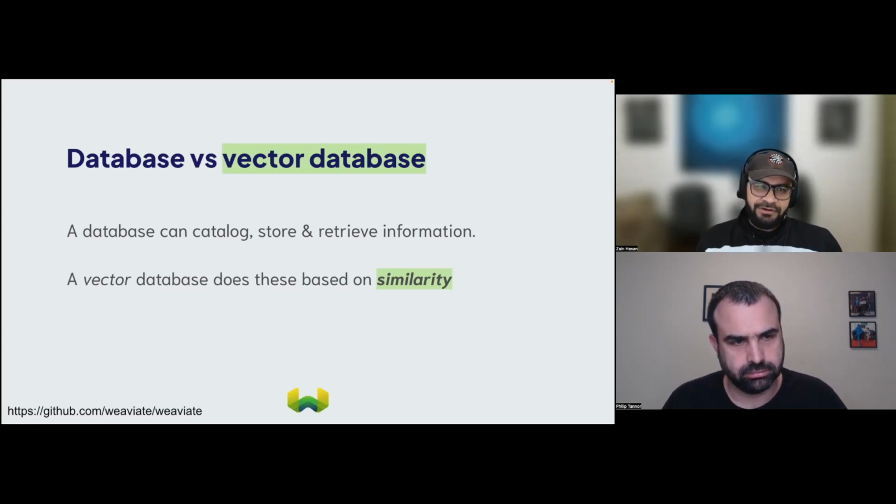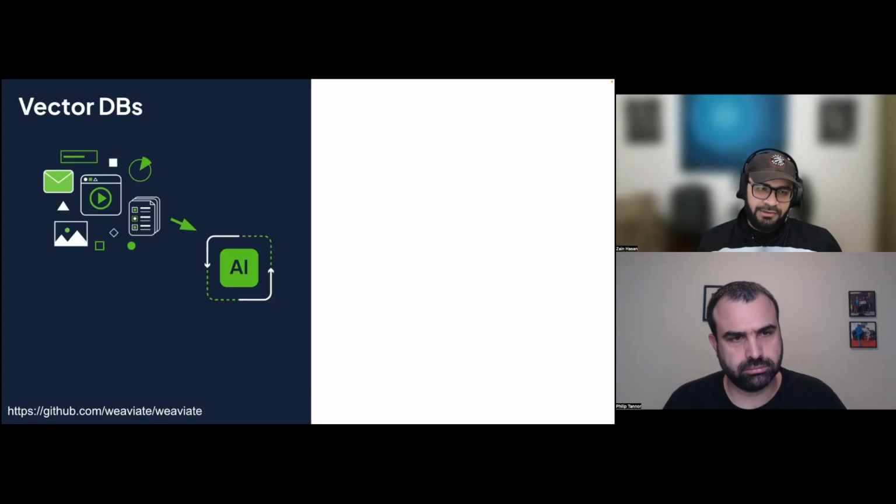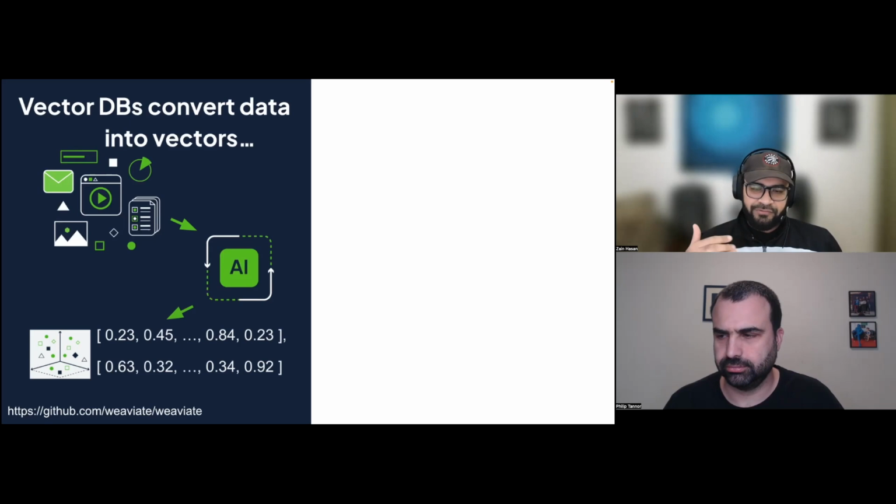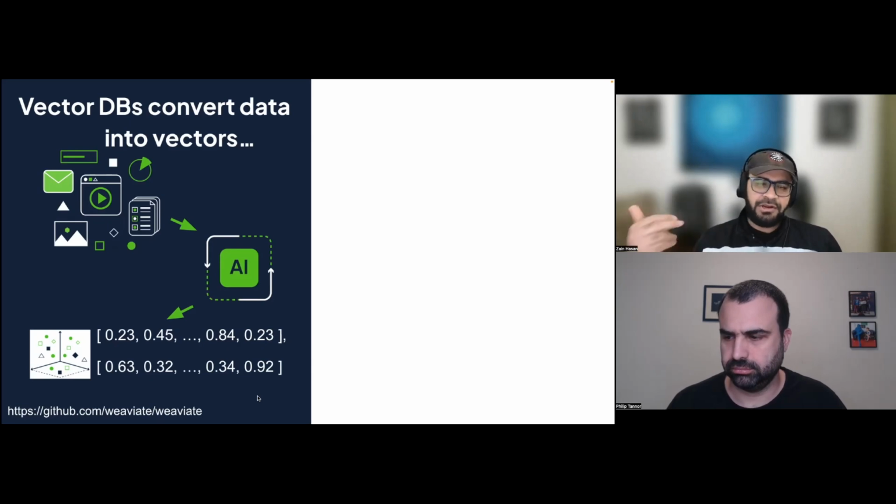So what happens in a vector database is that you can take all of your data, and this can include your emails, your text documents, videos, image files. Those go through a machine learning model, and the job of this machine learning model is to convert your data into a vector, right? So every object that you have over here gets turned into an array of floating point numbers. So if you have a billion documents here, you'll have a billion vectors here, right? And there are some arrangements where you can even have a multi-vector setup per object, and a lot of people are exploring that right now, and you can do that with Weaviate as well.